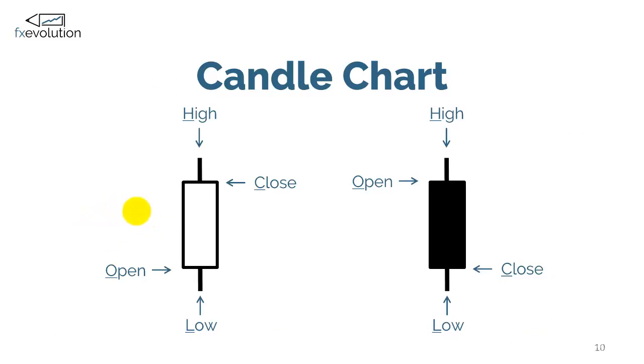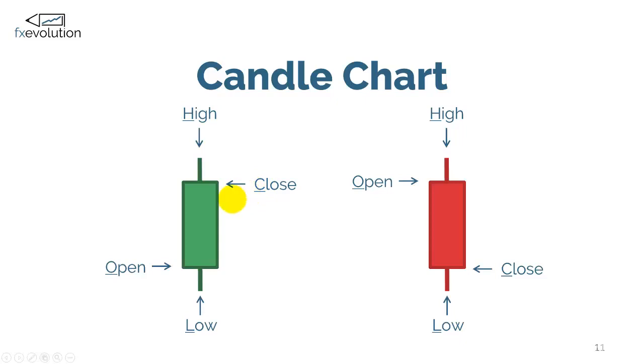Here we have candle charts, and we can see here that a candlestick uses the same principle. So open, high, low, and close. Let's simplify it down to a green body. We can see the open on the left, and if the close is higher than the open, then that would be a bullish candle. And if the open is higher than the close, then that means